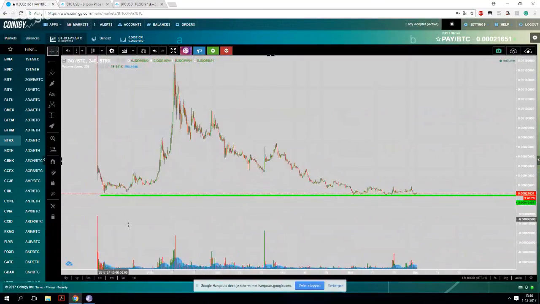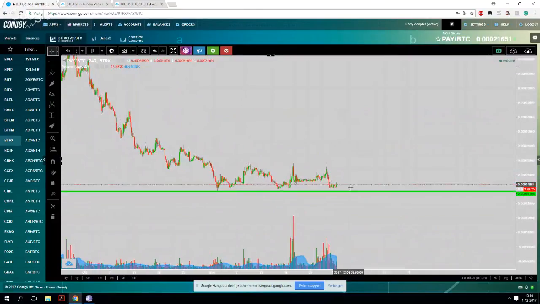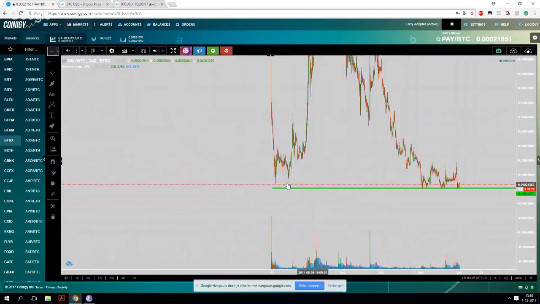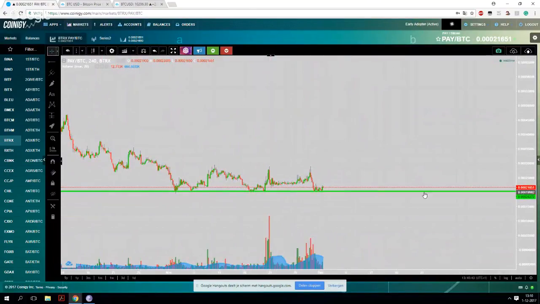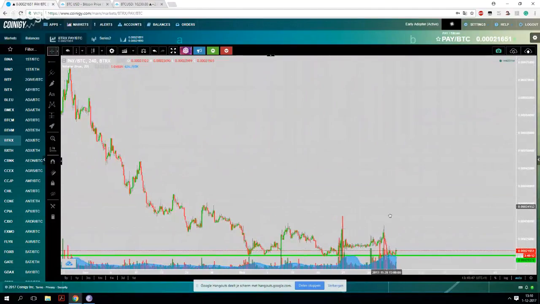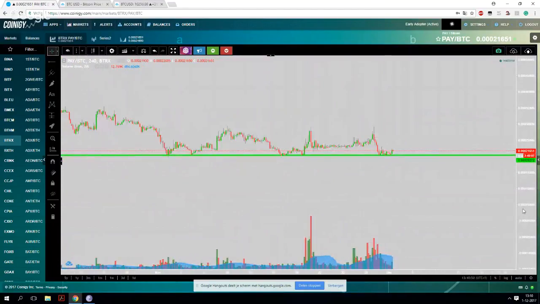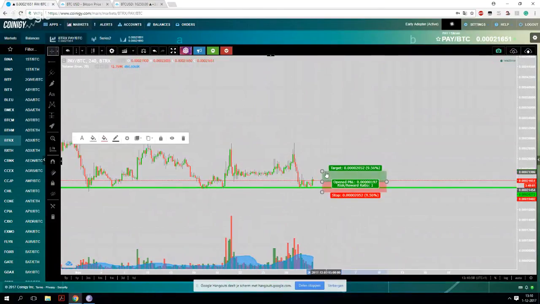This resistance has never ever been broken, never. And I don't expect it to break now. I expect it to remain valid, and this would thus make the absolute bottom. And if you don't have a position in Pay, this is possibly the best price point to buy at, because if we take our risk reward ratio tool,